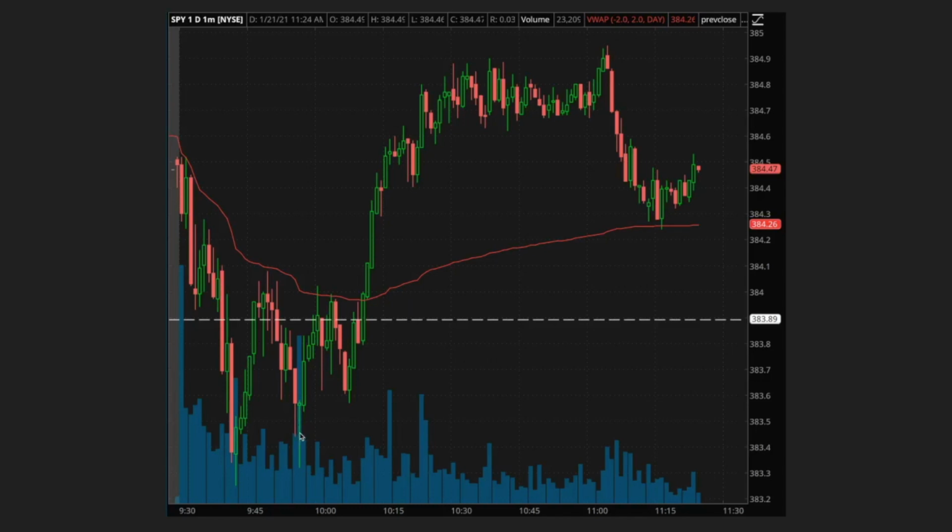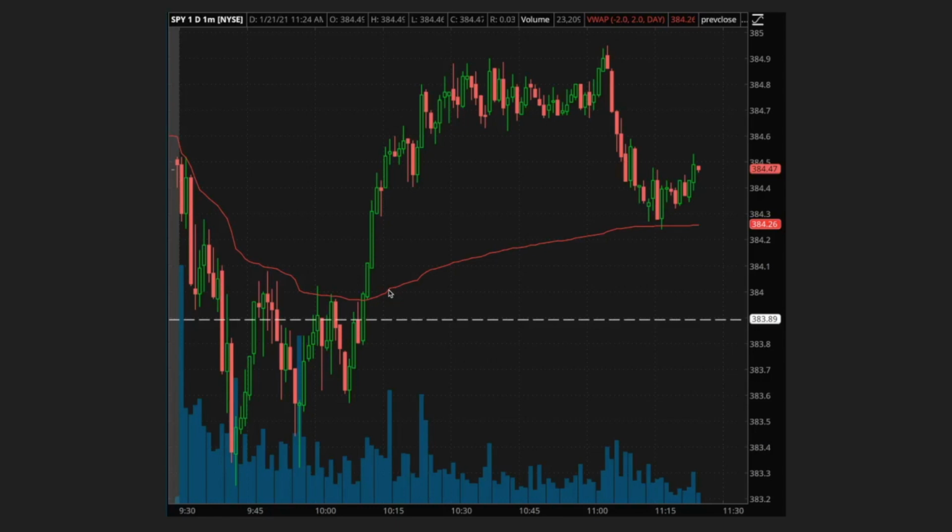So then you can see as the volume starts to flatten back out, the VWAP starts to do the same. And as the price spikes up above the VWAP, again, we get another spike in the volume right about here, and that's exactly where the VWAP starts to curl back up, following the trend of the stock. Okay, so that should give you an idea of how the VWAP actually works and how it's going to move